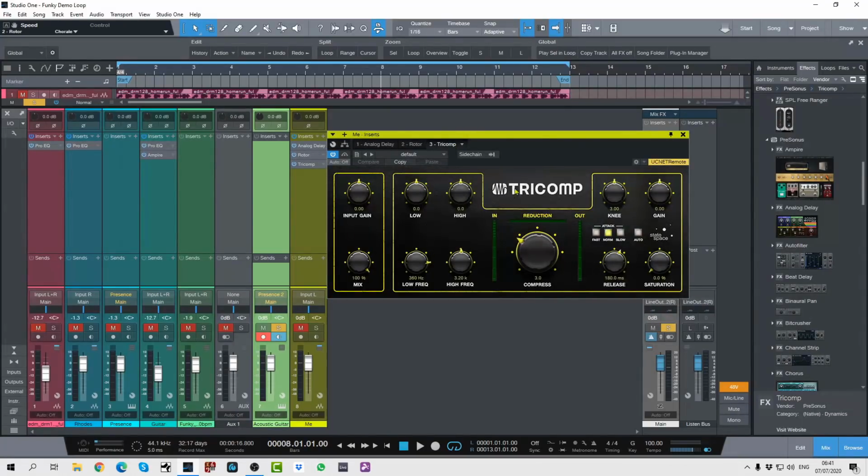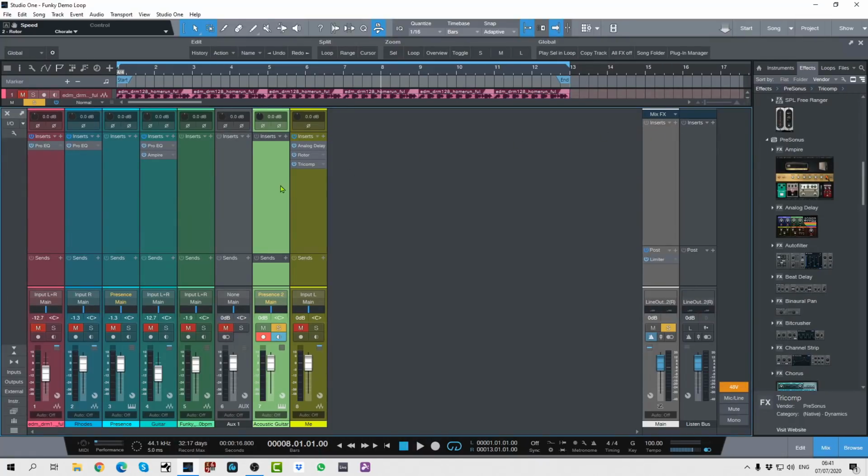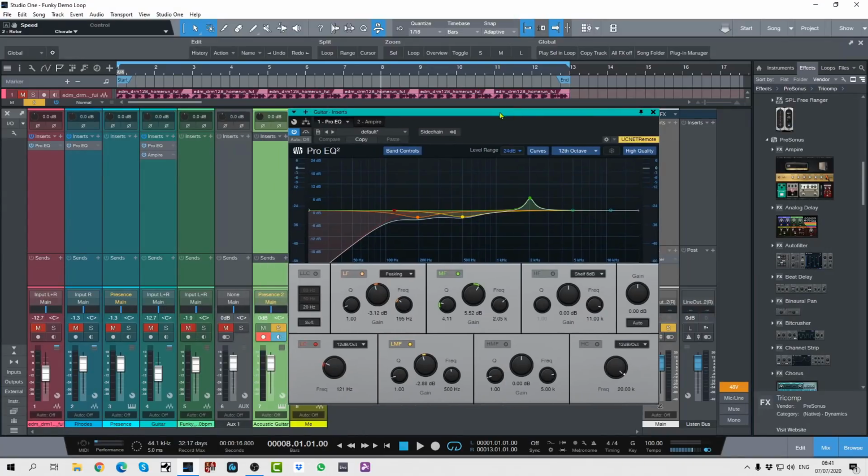Then the Tricomp is the other one that looks really cool and sophisticated and different. I really quite like the look of this. It's not really a plugin I use a whole lot, but I tell you what, the look is so attractive. I probably will use this a lot more now. Okay, so let's go over to the Pro EQ, and I can show you some of the things that are